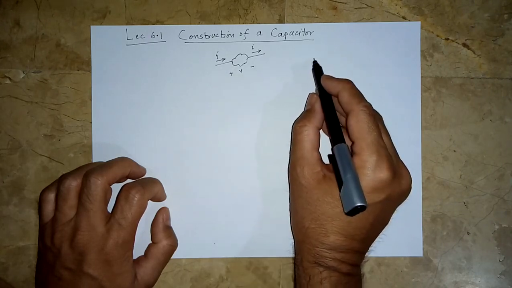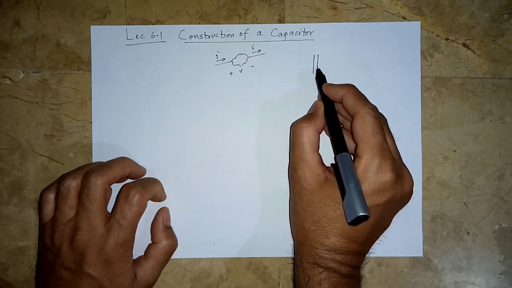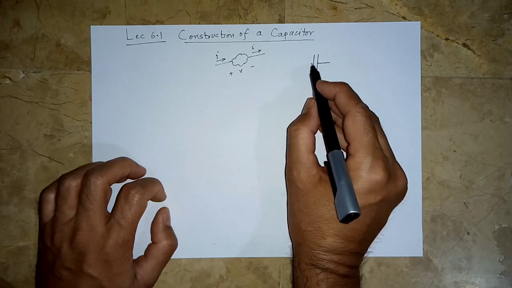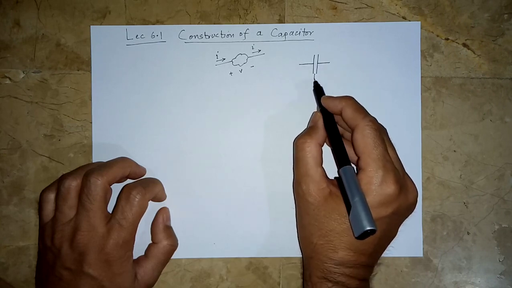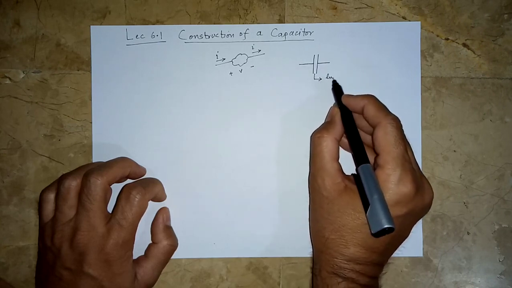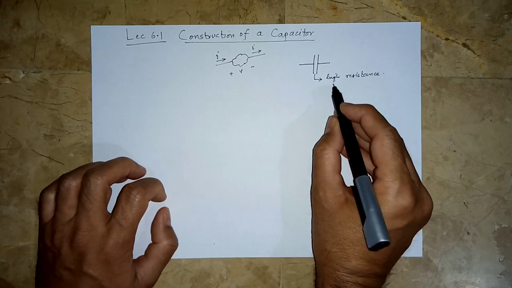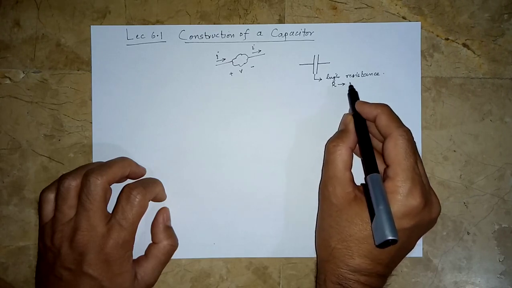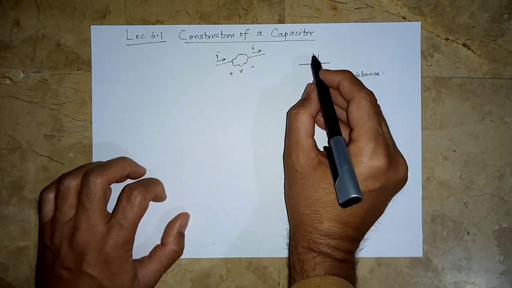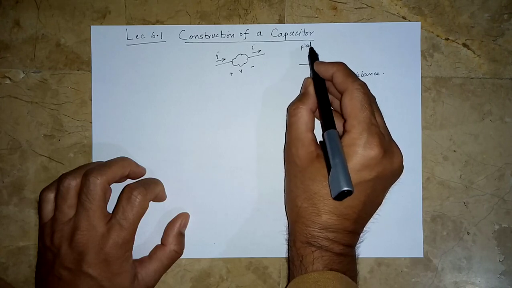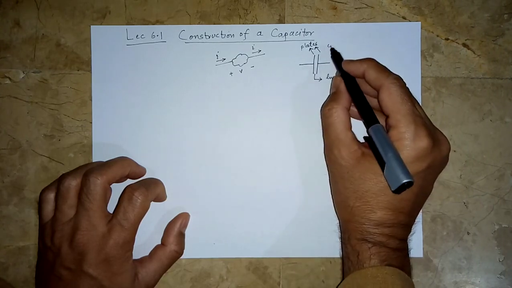So, in this view a capacitor is basically constructed by having two conducting plates separated by a material that is an insulator or a material with a very high resistance. So in an ideal capacitor model, this resistance is considered to be infinite and no current is allowed to pass through these plates. And these two plates is the word used for these two conducting materials. These two plates basically are made up of conducting material,